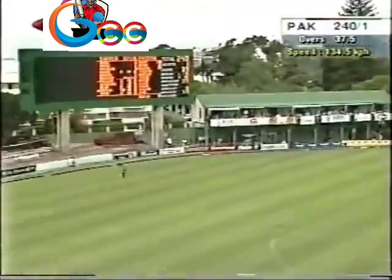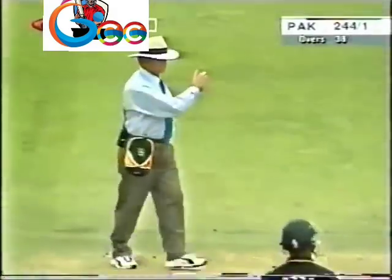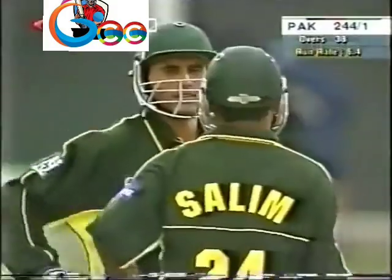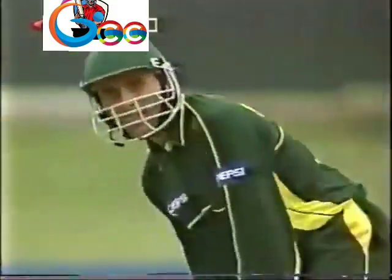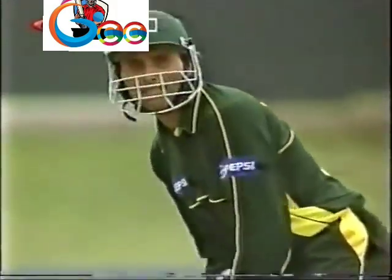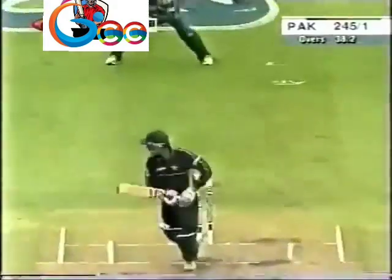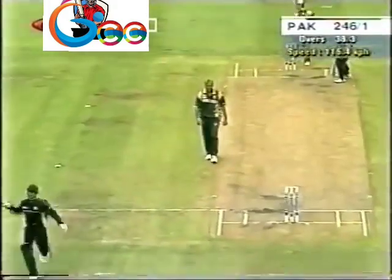That's gone up in the air. That might not go for 6, but it'll certainly go for 4. Glare from Pollock, beg your pardon, Donald. 244 for 1. If mixing it up is going to achieve that, I couldn't agree with you more, especially in terms of change of pace. That's his 100, and a very good 100 it's been,